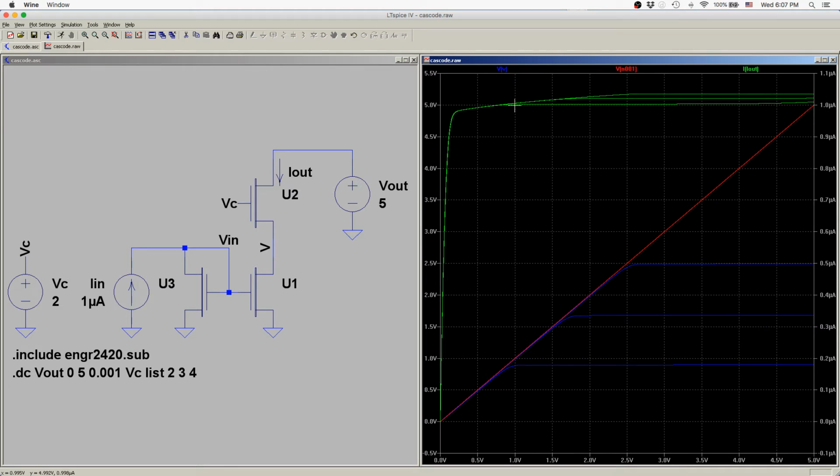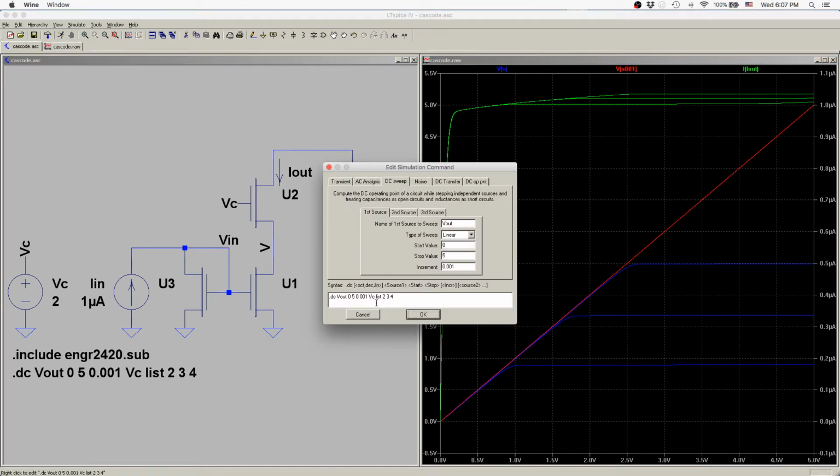And so you can imagine that the optimal place that we would like to bias the Cascode voltage is whatever value of Vc would basically make this intermediate region, where the Cascode transistor is in the ohmic region and the transistor being cascoded is in the saturation region, go down to 0. Okay, so if we were to repeat the simulation with Vc of, let's say, 1 volt or 1.2,